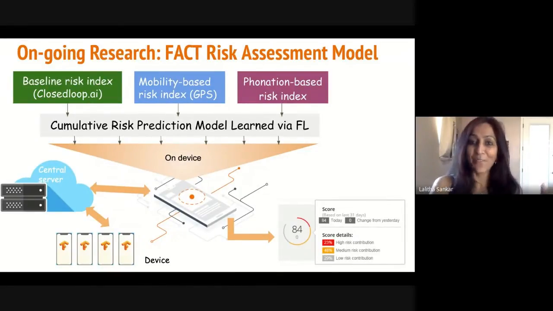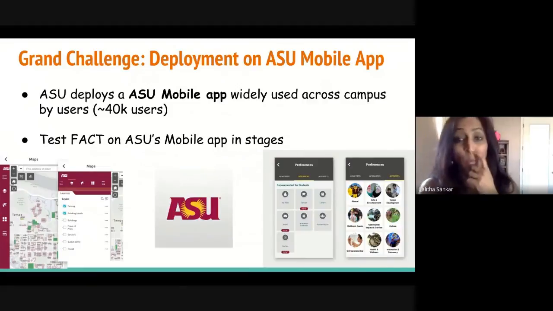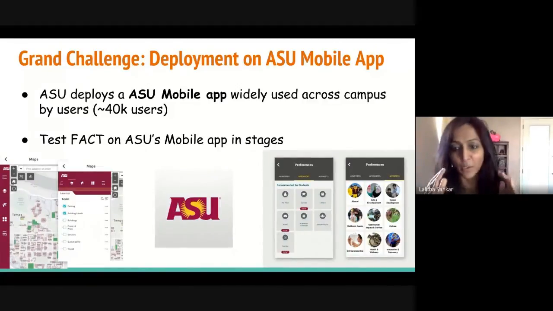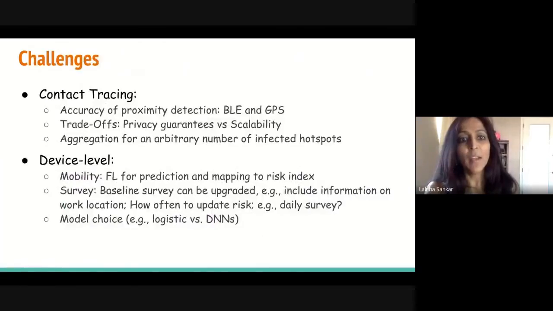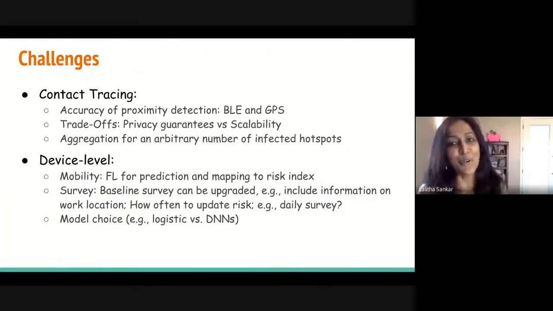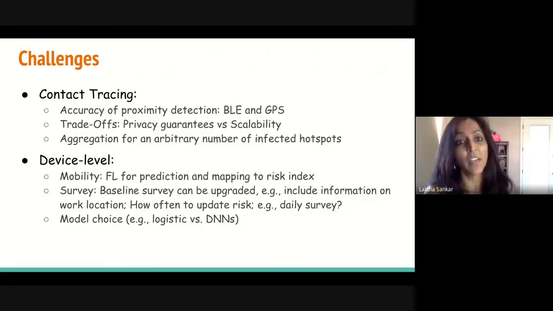I think if I come back in 4 months, I would have more details, but right now this is our broad idea. And as I told you before, we're actually going to deploy this in stages, starting with just known users that we pay to actually test the app out. I'm sure all of you know that there's lots of challenges here. Certainly with Bluetooth and GPS, there are these issues of accuracy and proximity.